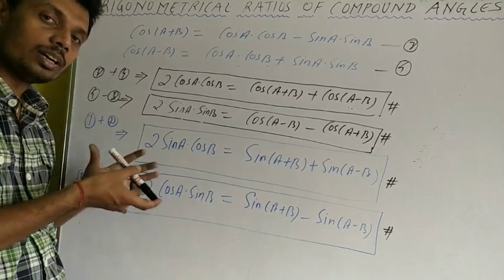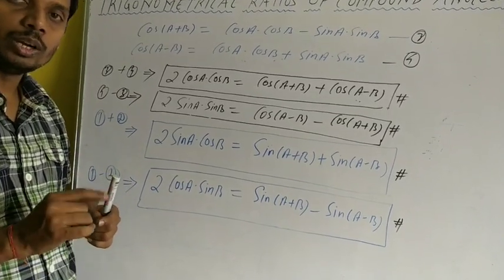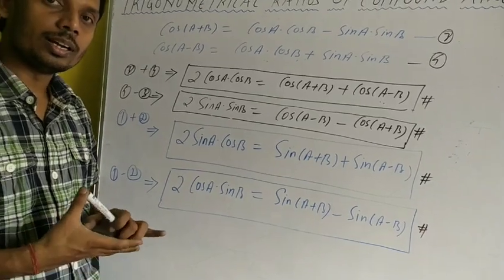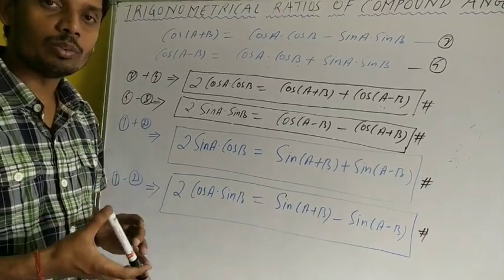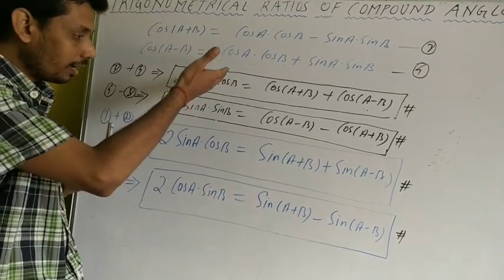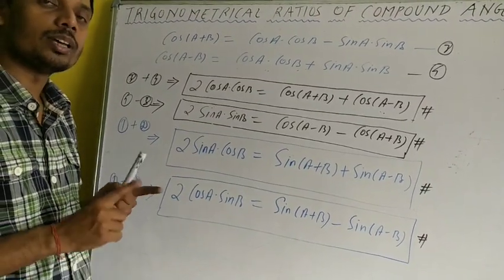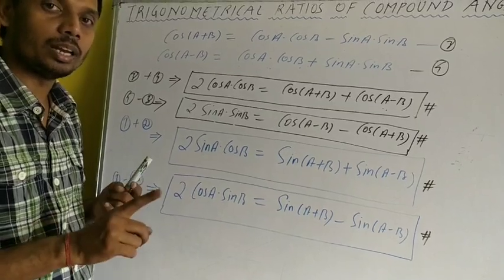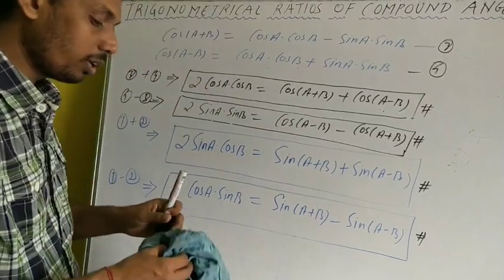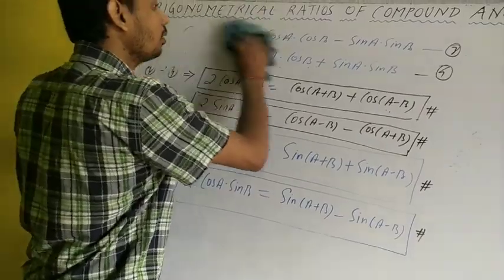Now as we have discussed, sin c plus sin d is equals to twice of sin c plus d by 2 into cos c minus d by 2. And I was telling you that let us see the derivation part of these formulas, from where these formulas are coming. Now we take the help of these formulas in order to express the value of sin c plus sin d, sin c minus sin d, cos c plus cos d and cos c minus cos d. Now how do we express the value of sin c plus sin d with the help of these formulas? Let us see that.